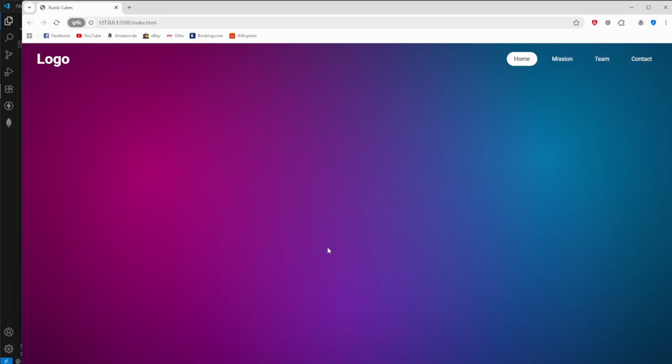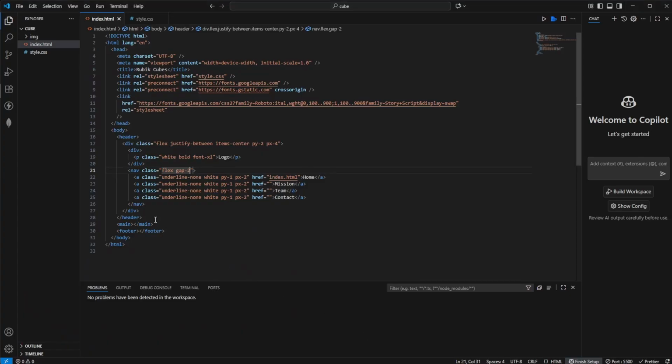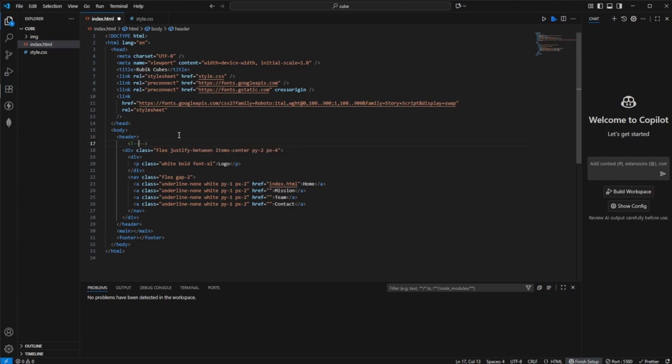So we are going to go to the next step, which is creating our Rubik's Cube with some text at the left and some text at the right. So let's go ahead and do that one. First of all, obviously we can also use a comment to say that this is our nav bar, and now we copy this comment and we go below our nav bar and say that this one here is our cube,